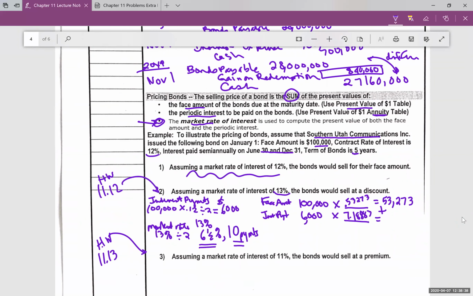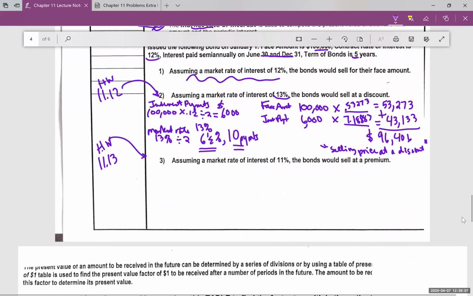7.1883. Multiplying that out, I get 43,133. Adding those two numbers together gets this amount, 96,406, and what that number represents is the selling price at a discount. Okay, then on this next one here,